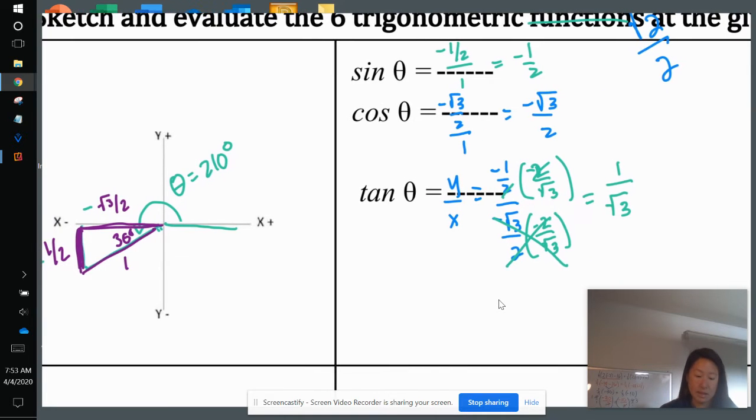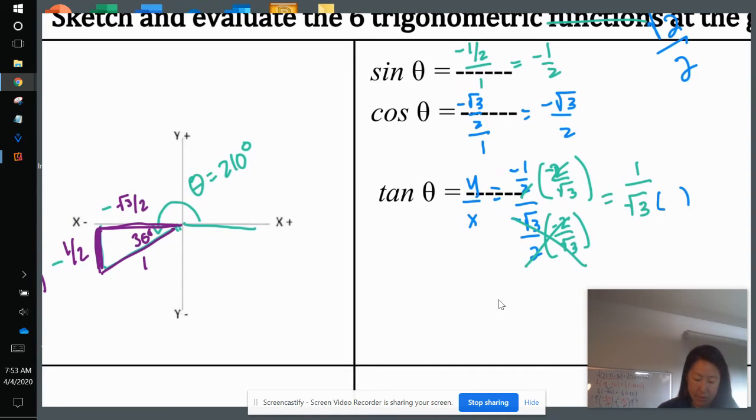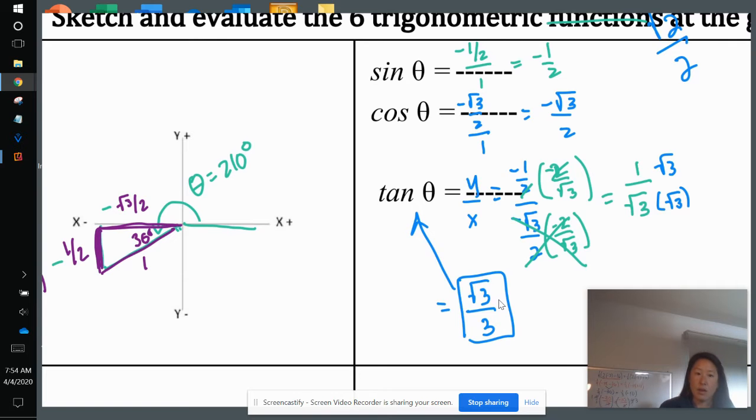Do we leave it like this? Nope. We rationalize, so we're going to go ahead and multiply by root 3 so that we get a whole number on the bottom. Okay, so I get root 3 over 3, positive root 3 over 3 for my tangent. All right, we're going to do